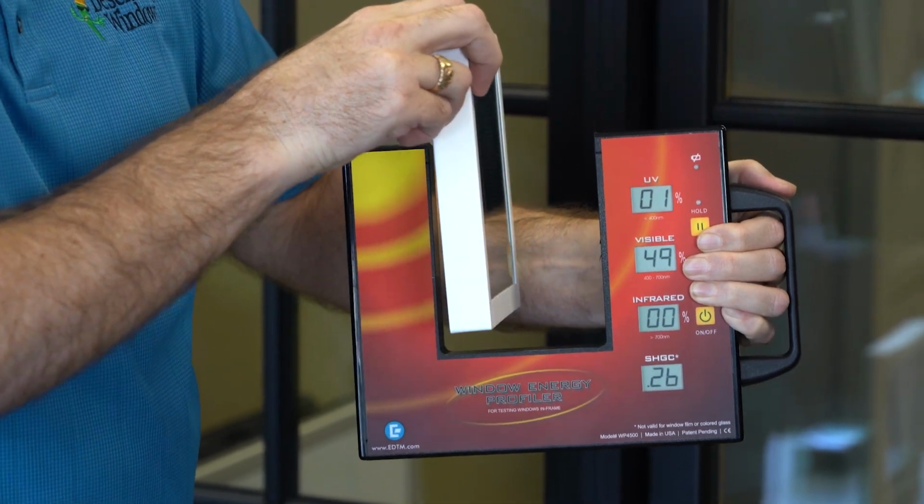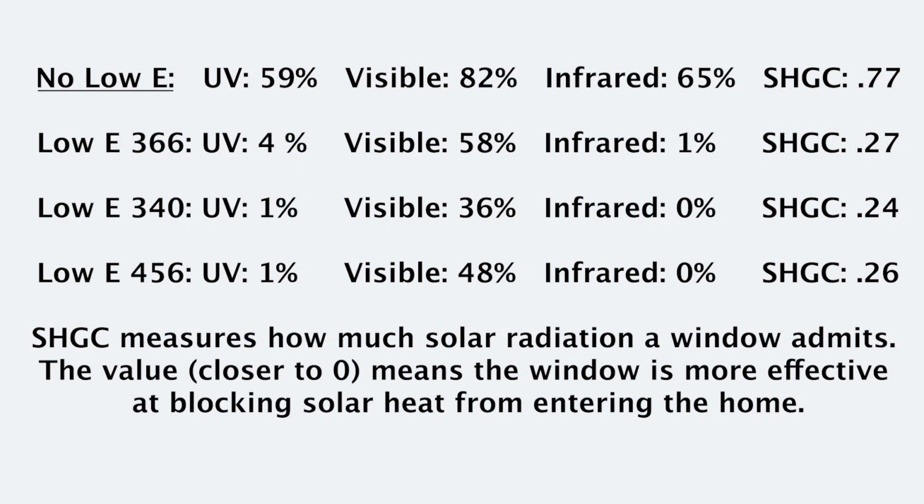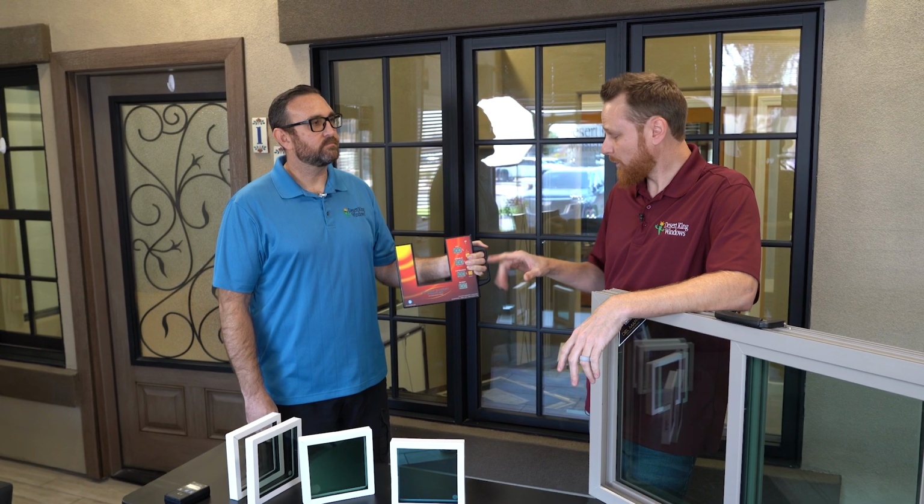So what I like about this one here is it's the best of both worlds. So you get a little bit more light coming through there. So more light than you get with the 340, but still almost nothing when it comes to UV rays and heat. All right, so if you're wondering what the solar heat gain coefficient is, this is actually really important